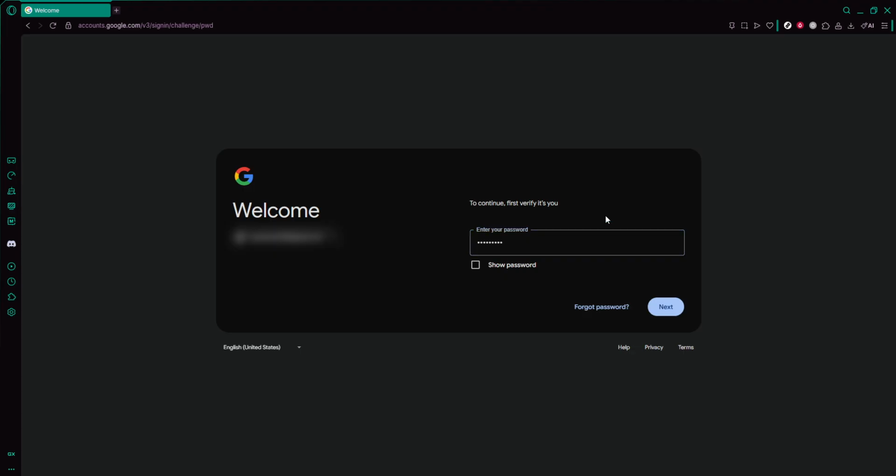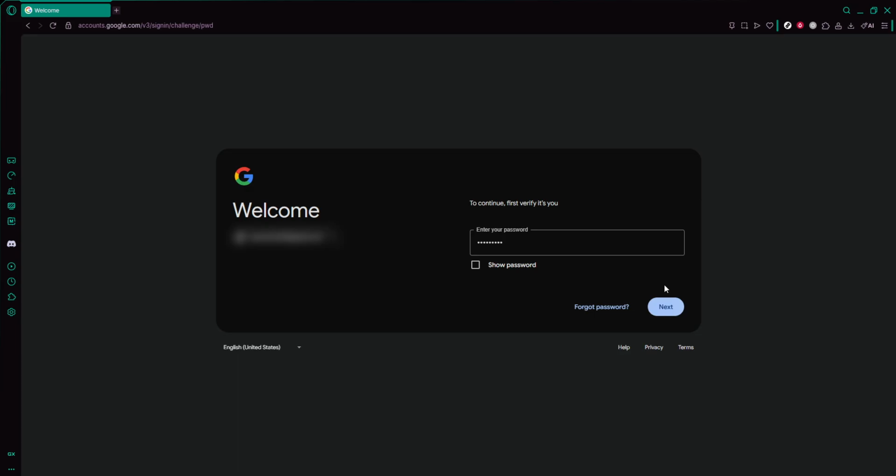In the password box, carefully type the password associated with that Gmail account. Passwords are case sensitive, so pay attention to uppercase and lowercase letters, and make sure your caps lock key is not turned on by accident. If you're on a personal device that you trust, you can take your time here to be precise. If you're using a public or shared computer, try to be a bit more discreet and avoid saving your login